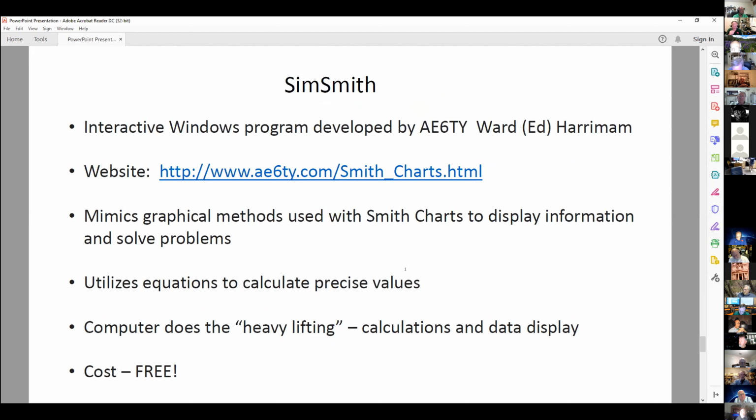This is a tremendous program. It does all the heavy lifting, all the calculations, and it provides data display in a very usable format. And for its cost, its value is infinite. It's free. You just have to download it and